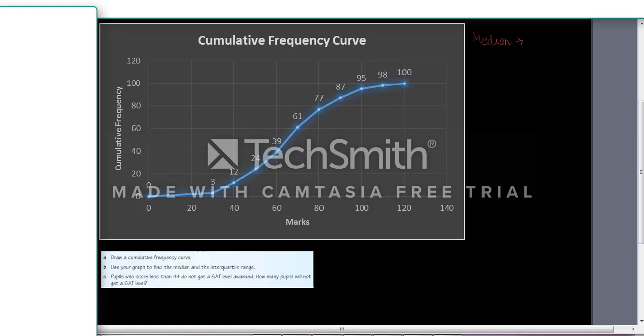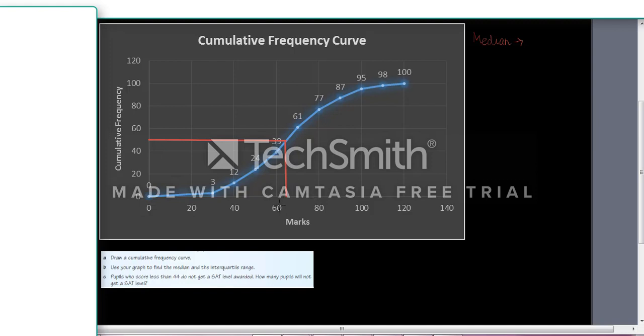And now I'm going to trace this line down onto the x-axis. This is easy for you when you do it on a graph, but here, looking at this, I would say this is 60, that's 80, so the mid value is going to be 70. So this would be 65, somewhere midway between 60 and 70. So which means the median is 65. The value of the median is 65.